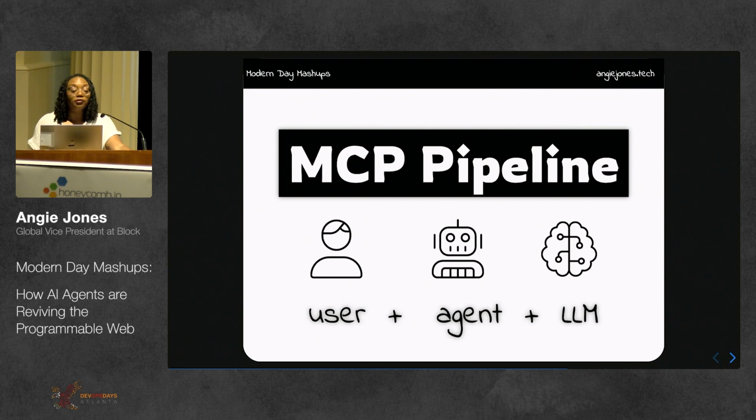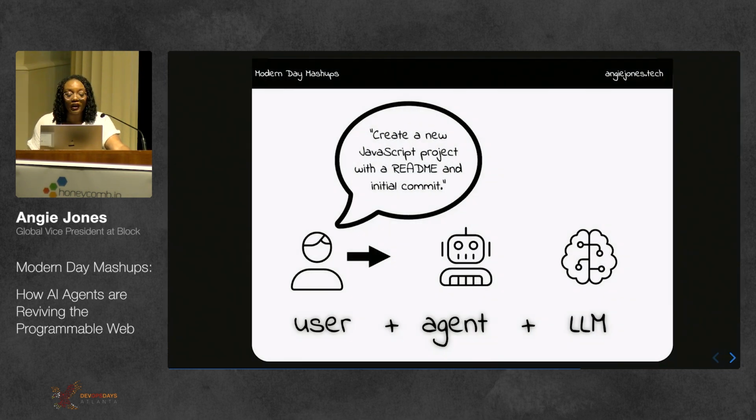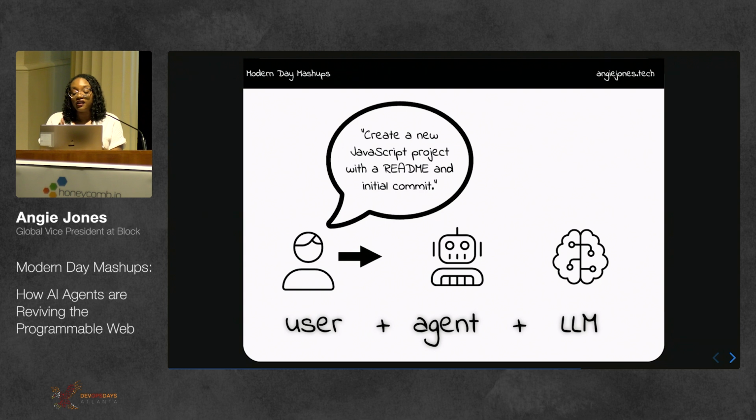So here's what's going on behind the scenes. We have the user, which is you, the agent, which is an MCP client like Goose, which has access to the tools that are part of the MCP servers that are installed. And then we have the LLM, which makes the decisions. Okay. So the user gives the agent a natural language prompt, like asking Goose to set up the project, for example. Sounds simple enough, but there's quite a few steps involved, like setting up the directory, initializing the repo, creating